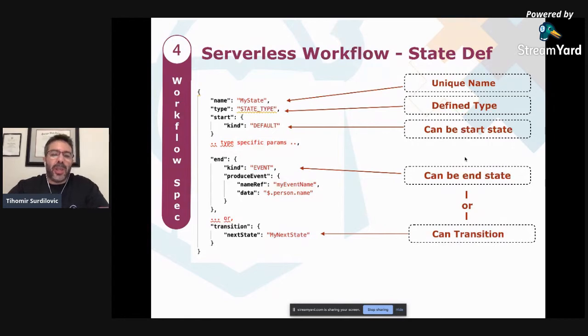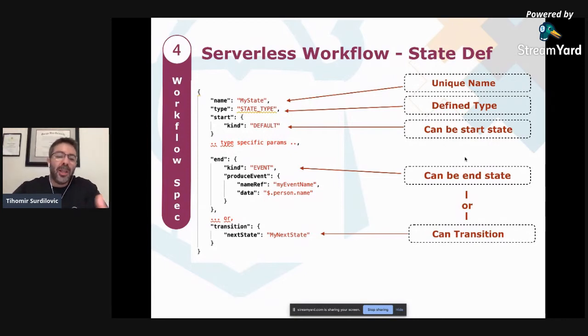So in this case, we have a state that says, hey, I'm a starting state of the workflow, and I'm a default start, so it's not an event-based start, for example. Then each state type has type-specific parameters depending on what kind of control logic block it is. And each state can also define that it can end. It's an ending state of the workflow execution.